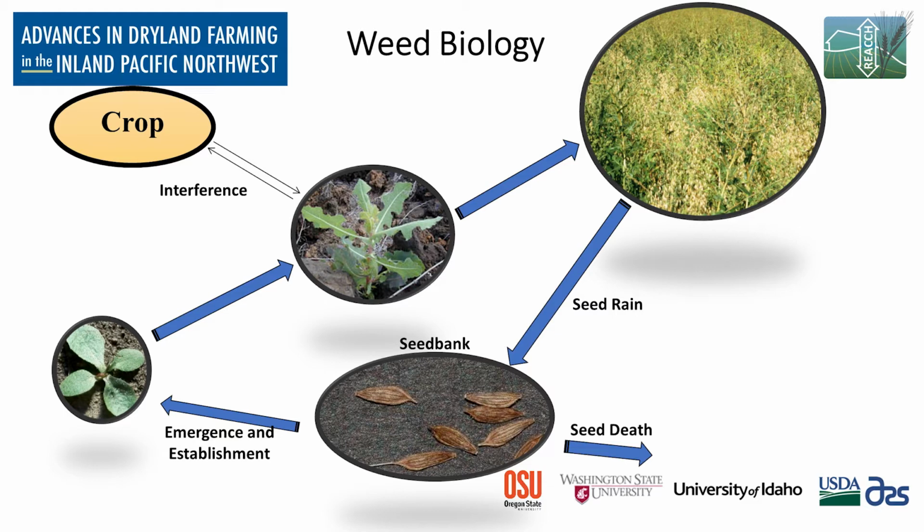If we fail, ultimately that can cause crop interference, where there's some measurable yield loss due to the competition with the weeds. And ultimately the weed is out to set seed. It's the measure of any weed success is its ability to reproduce. So the plants will produce seed and drop their seed in a process we call seed rain. So inherent in any understanding of the pest, the weed biology, is a knowledge of and operational management of